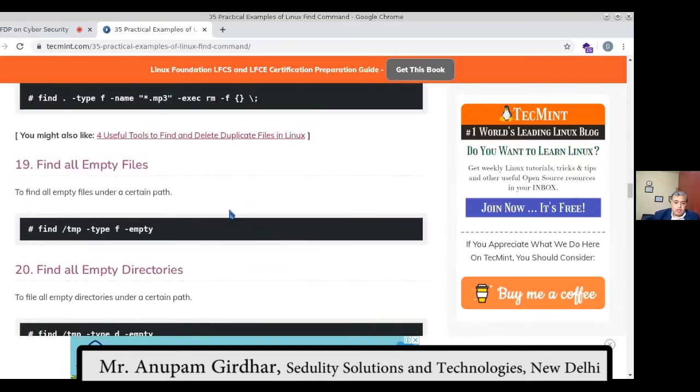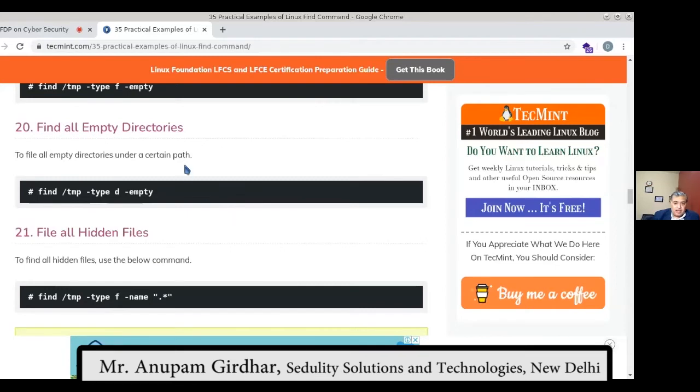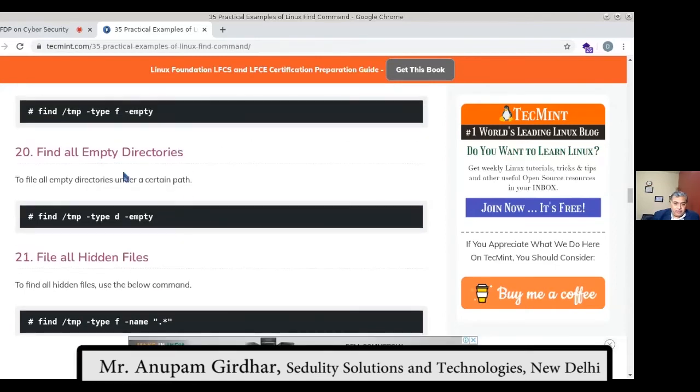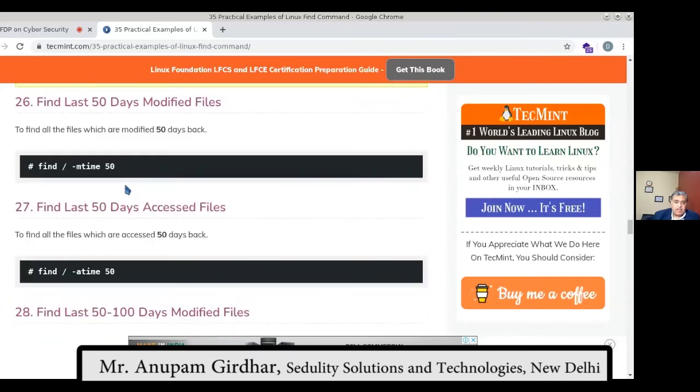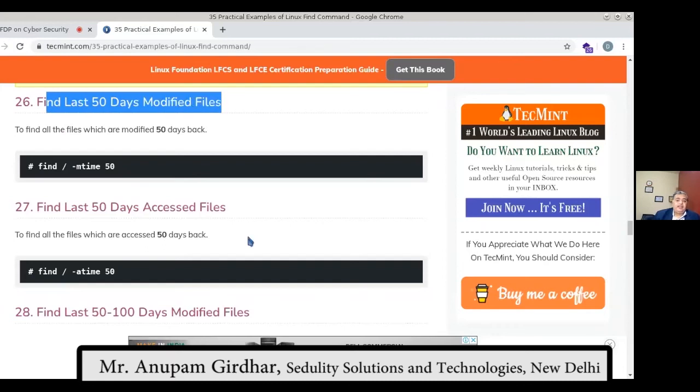And at the same time, what I want to show you for this case study is date and time, right? Quickly I'll show you. There is an option: show me the files which were modified in the last 50 days. So you will get a command like find on the base hardware. The slash is the root, where -mtime is the parameter